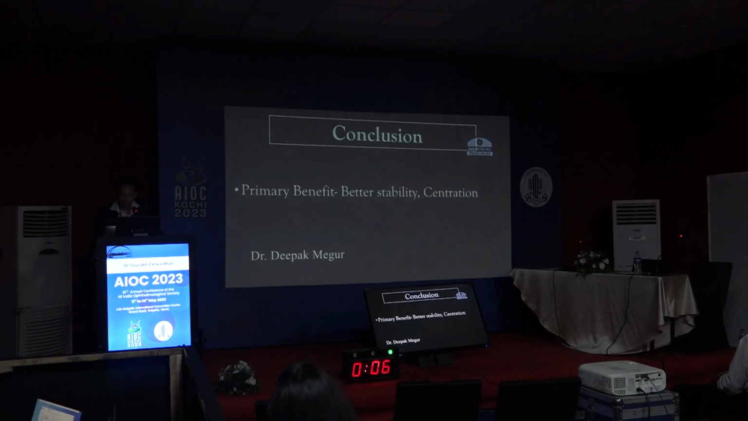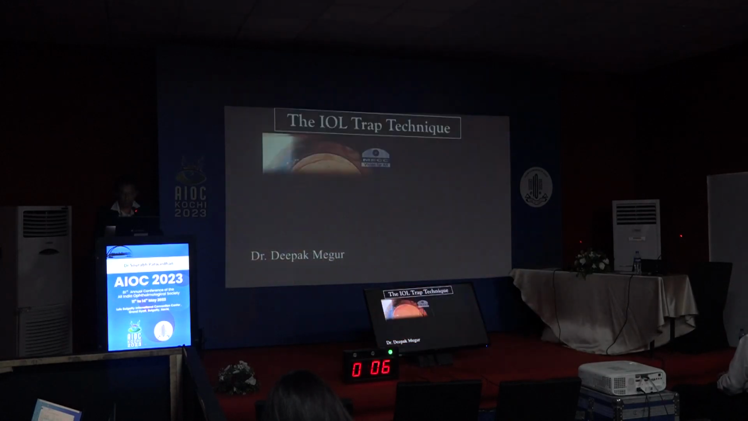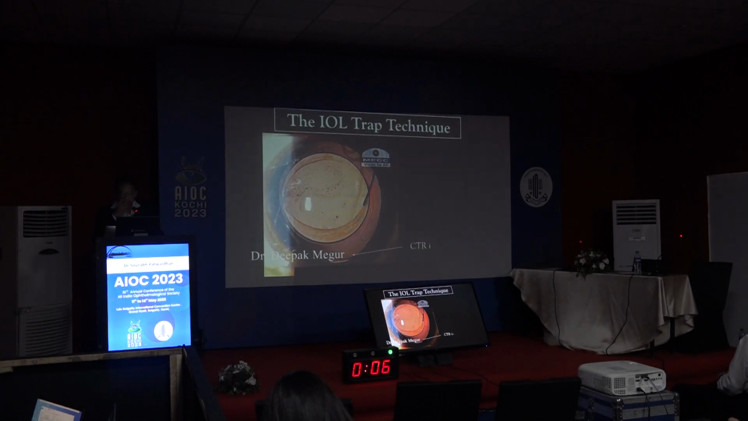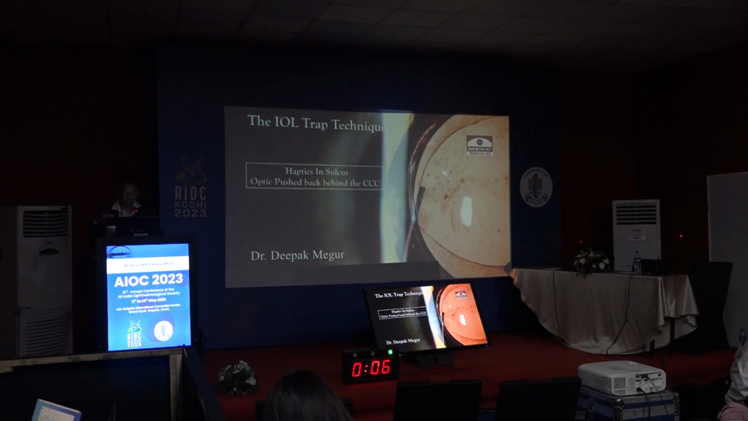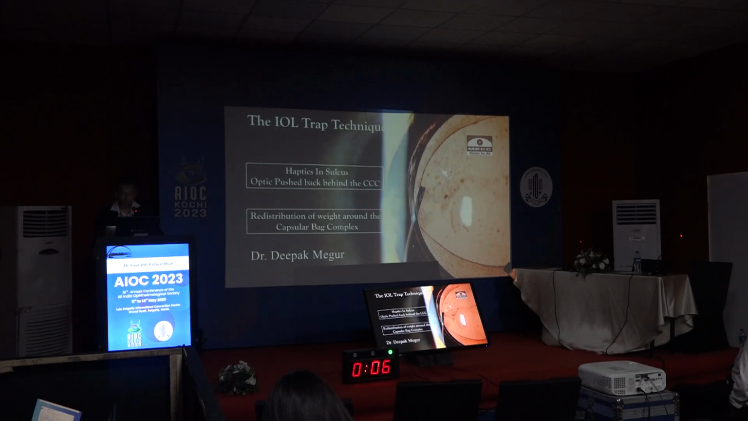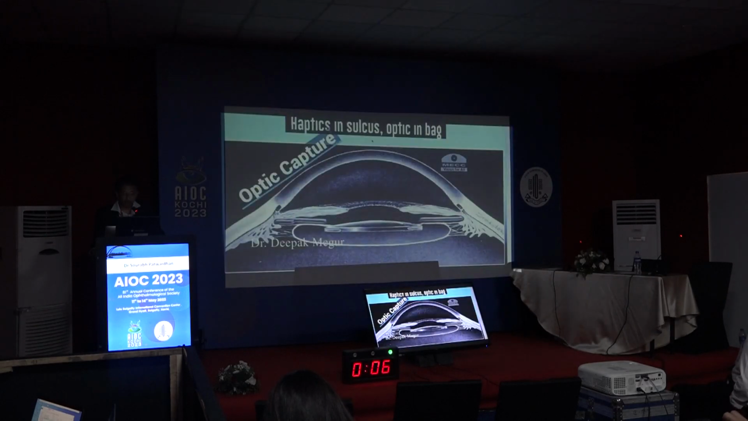Primary benefit, obviously, is that the centration stability is better, but one secondary benefit which I have noticed is the reduced incidence of pseudophacodonesis in these eyes. So the principle here is you are getting an equatorial expansion, a 360-degree expansion by the CTR, which is in the bag, and the hydrophobic lens in the sulcus. Basically the haptic is in the sulcus and the optic is pushed back in the rhexis. This redistributes the weight around the capsular bag complex, and this ensures that the lens is somewhat holding the bag. Of course, time is going to tell us how long it's going to stay there,